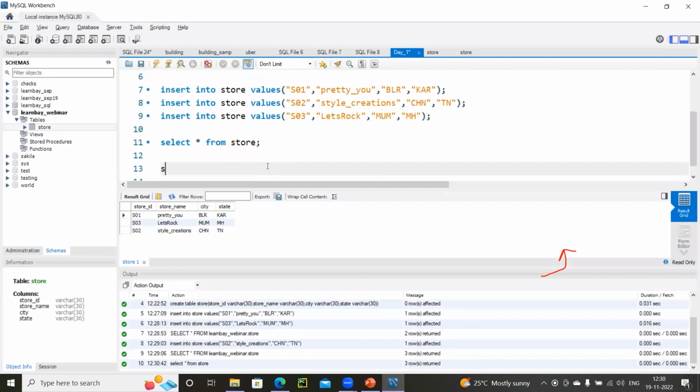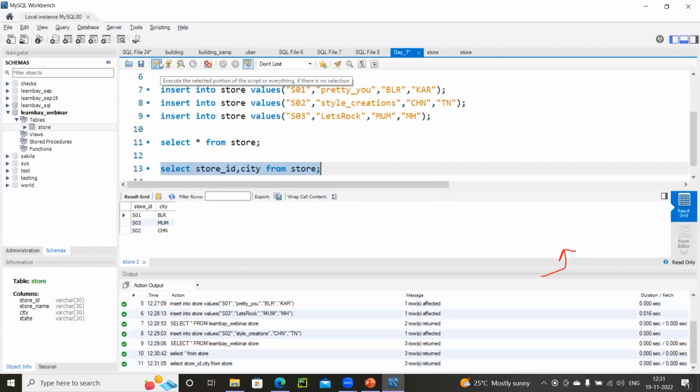Now suppose I'm saying, no, I don't want to see everything. I just want to see only 2 fields. I want to see just the store ID and the city from my table. Then just specify only those field names after your select and run.